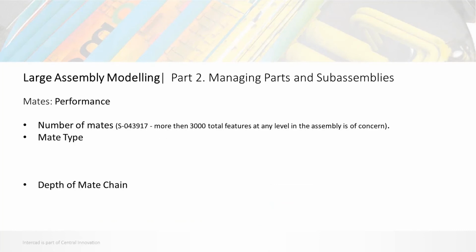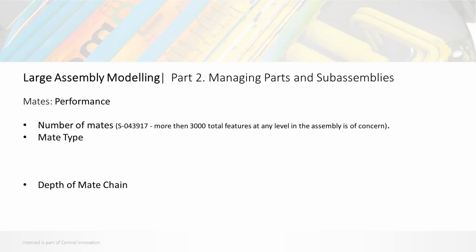In terms of mating performance, the number of mates, I've already mentioned that 300 was around about the suggested number. It's not necessarily a hard and fast limit. That information comes from a document that was published back in around 2009 and reviewed in 2010. The previous knowledge base article, 06266, which I mentioned about how mates are processed, is referred to by